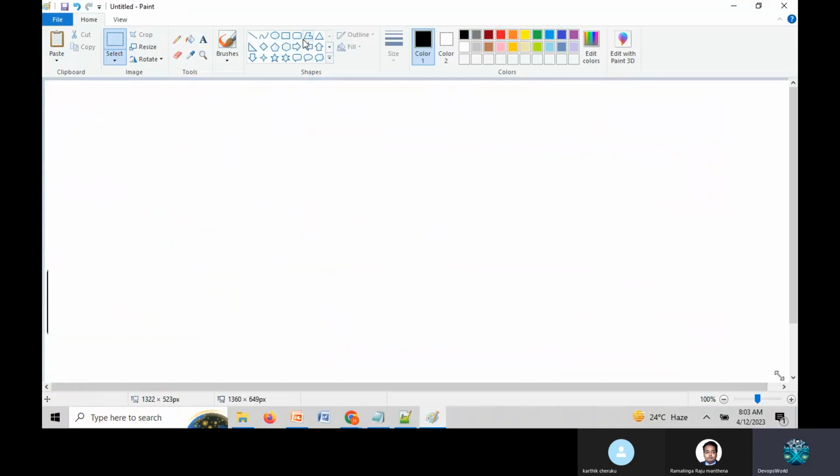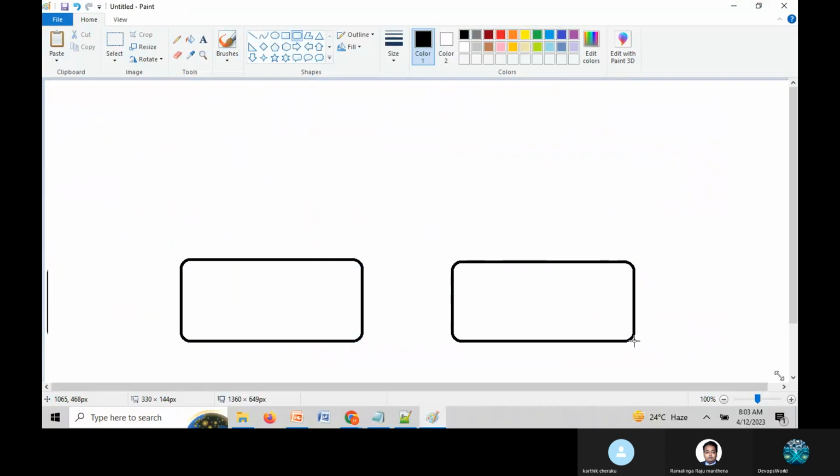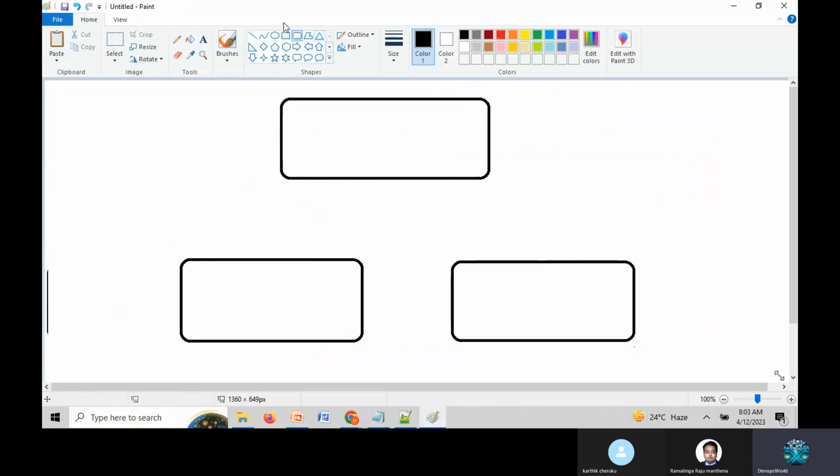Let us take two developers, developer 1 and developer 2, and this is called GitHub.